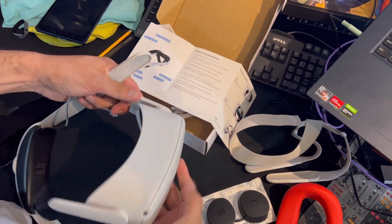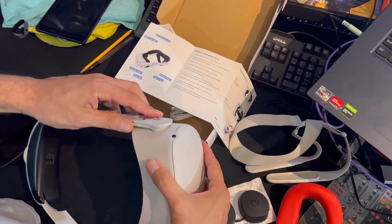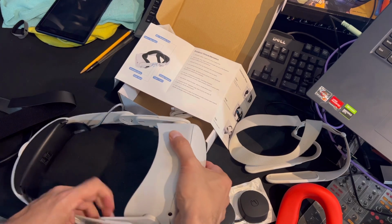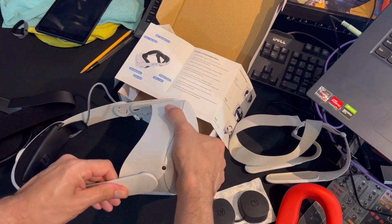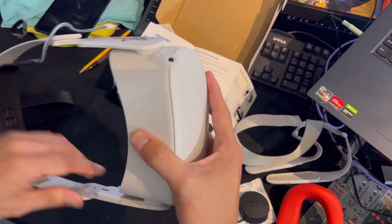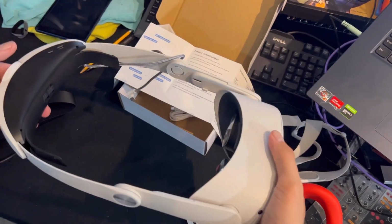So we're going to make sure that it's on the left hand side, and then we're just going to pop these two together like that. I'm going to do the same with the other one on this side. Just pop them till you hear a little snap. Then kind of push it back, and there's your